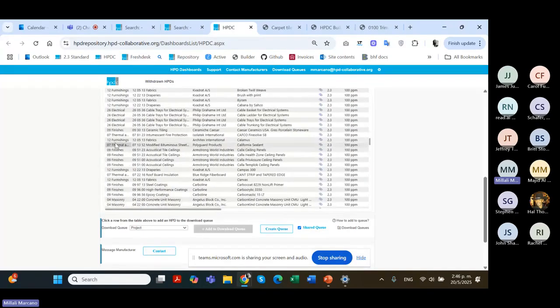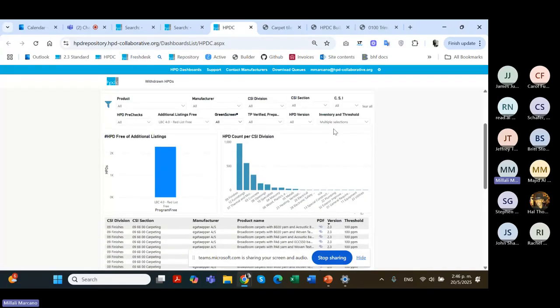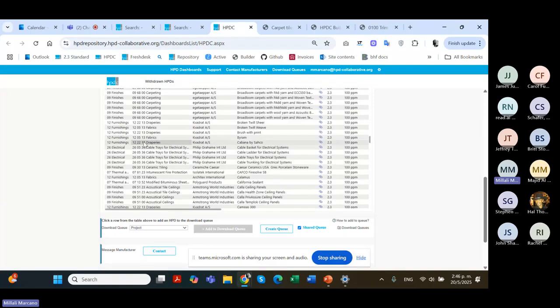So once you have, you can combine this with the CSI section, of course. So if you're looking for finishes or floor for a specific, right? So this is any flooring, and you can also type here to find the right CSI. So you have found those HPDs that you want to use for your project. You can start